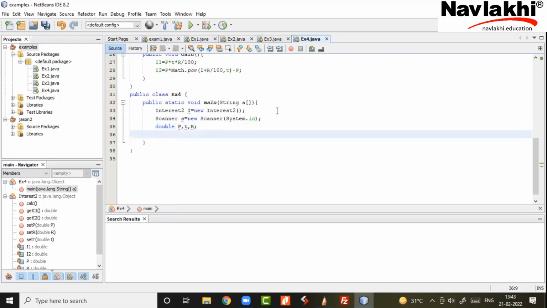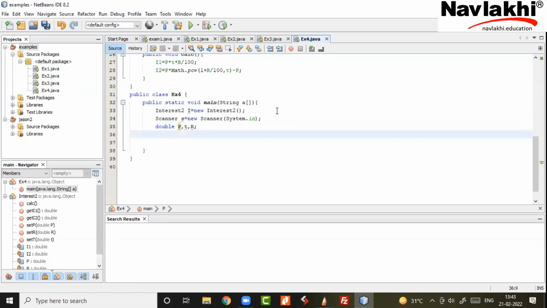Classes are like a family lineage. Say someone in another family has the name Abhishek, and in my family there is also an Abhishek. Both names are the same. It is like that. Names can be the same, but they are for different families only. Classes are like different families. So it doesn't make a difference if the names are the same. If you want, you can keep different names also: P1, T1, R1. If you're confused, you can keep different names.